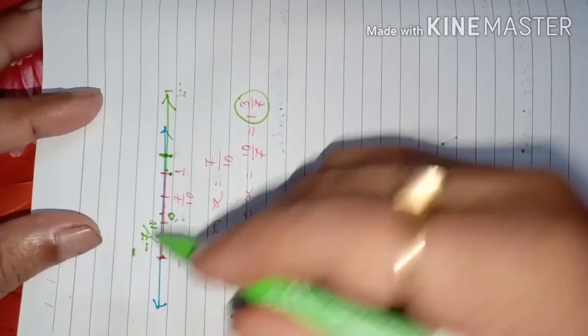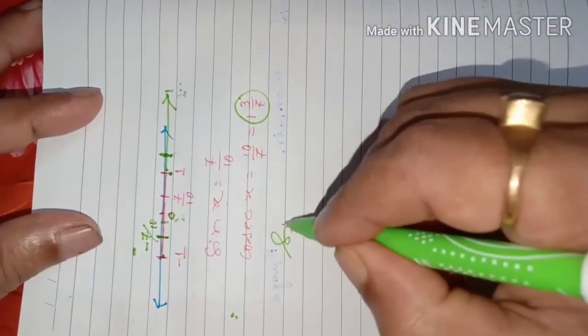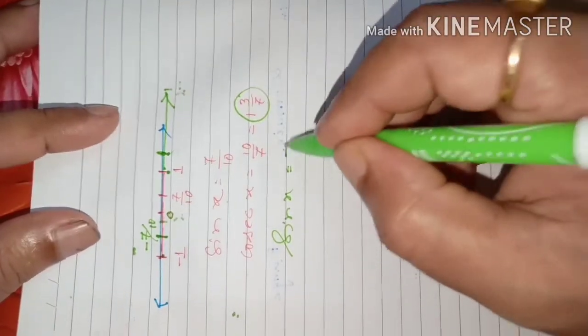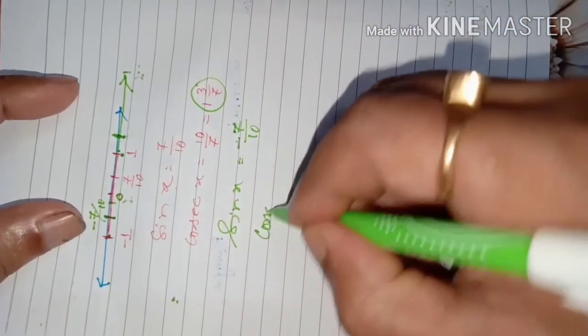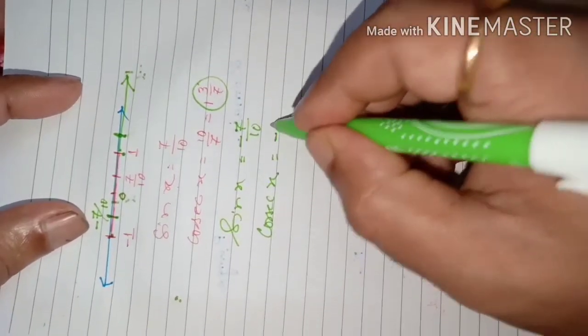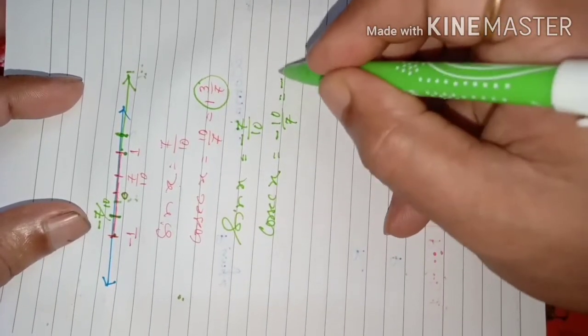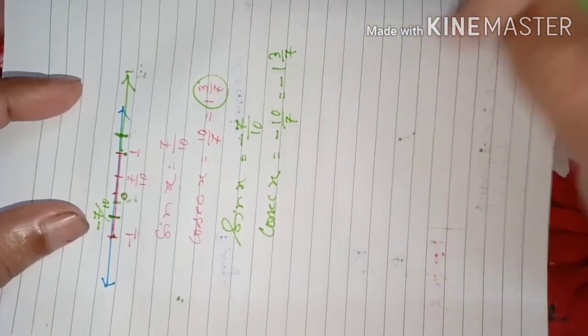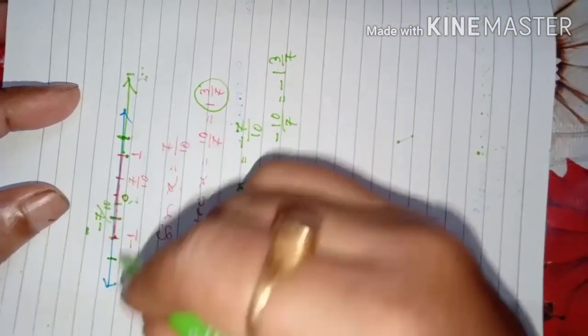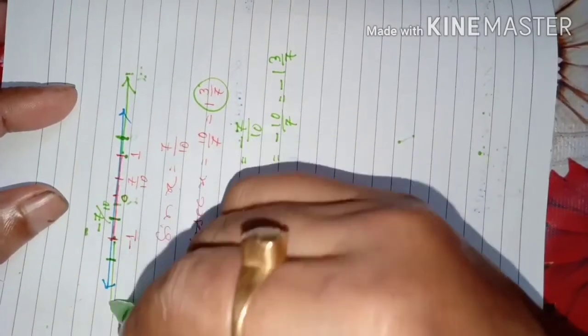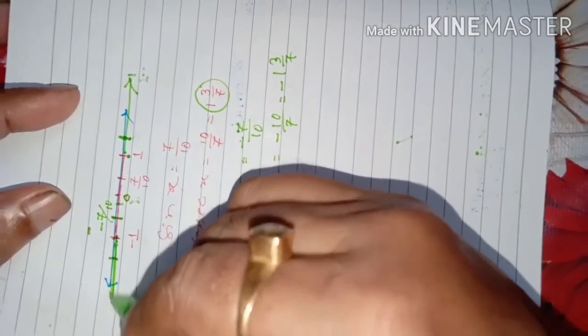Then when you say this is the value of sin x for some angle x, then its reciprocal cosec x will be what? -10/7, which will be -1 and 3/7. Got the idea? So that will come here only, in the left hand side of -1. In the left hand side part of this -1 it will come.